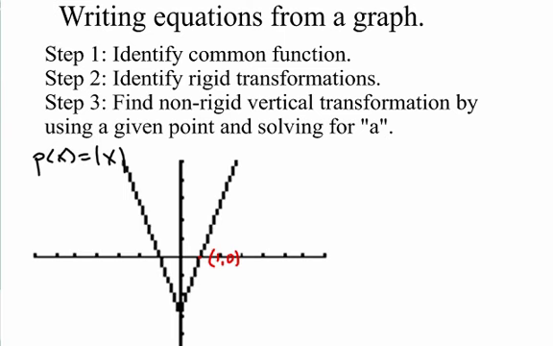From here, we're going to identify the rigid transformation. It appears that from the original, which looks like this, it has been shifted down, it appears, 1, 2, 3 units. Down 3. So that means my y values are being changed. So we're going to have f of x, absolute value of x, going down 3. It does not appear to have any reflections, and also does not appear to have any shifts to the left or right. So from here, after we finish step 2, we're going to once again identify